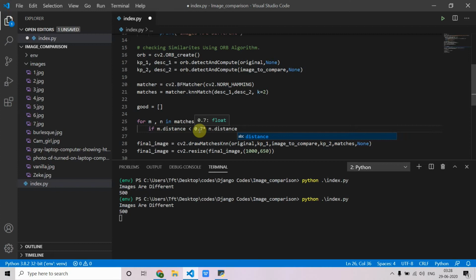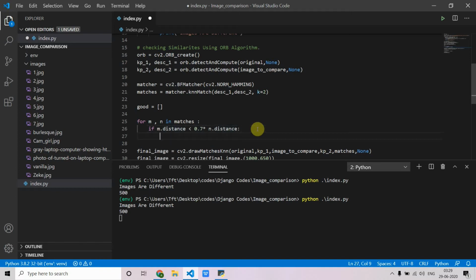So if you write 1 here instead of 0.7, you will get lots of matches, and obviously some false ones. And if you write 0.1, there might be fewer chances to find good matches, which makes it hard to detect whether the images are similar or not. So we are using 0.7. You can use 0.6, 0.5 as you wish.